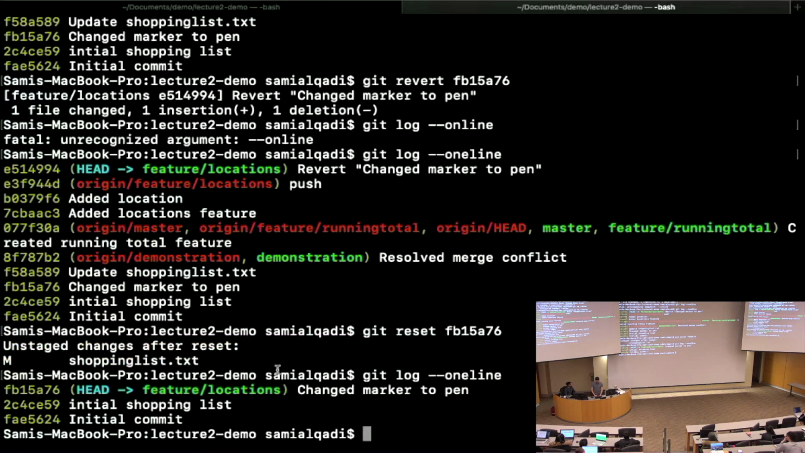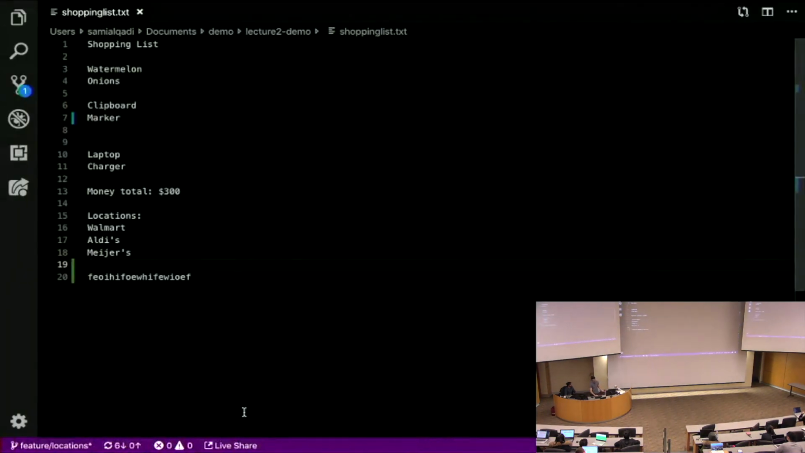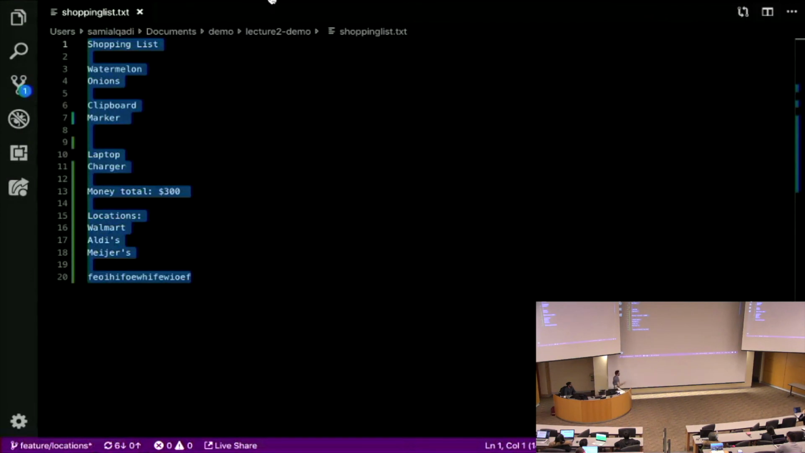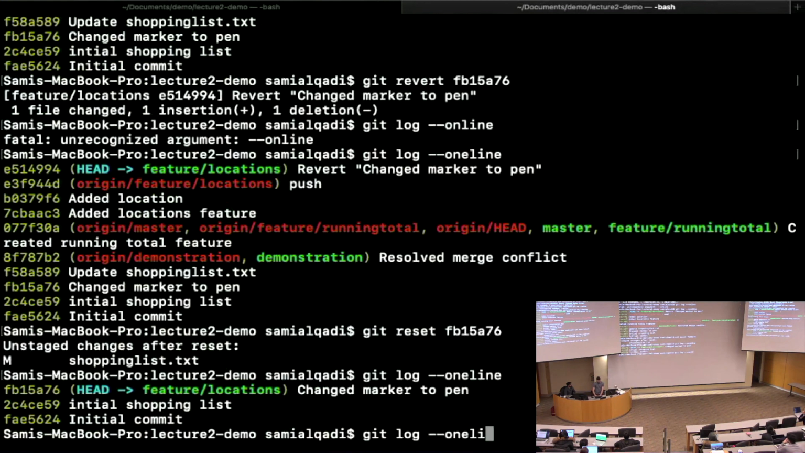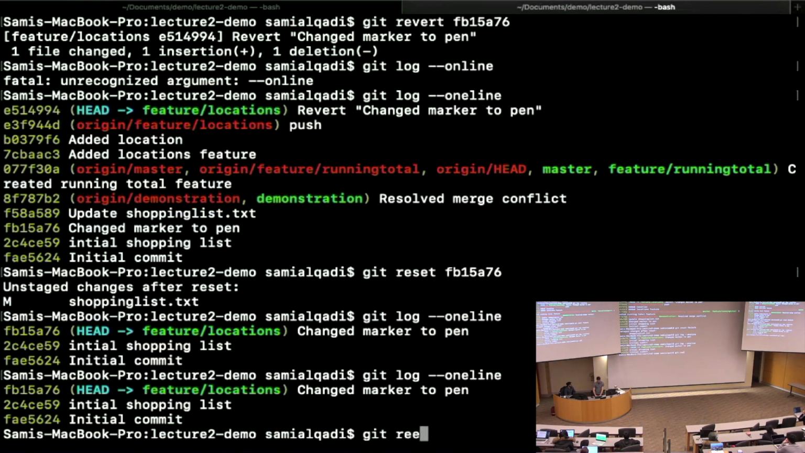But if I do, instead, so what I mean by that is, this is still here. The contents before I reverted back to that commit are still in my text editor, because we haven't staged them to be committed. So instead, if I do git reset --hard, and I go back, let's say, all the way to the initial commit,